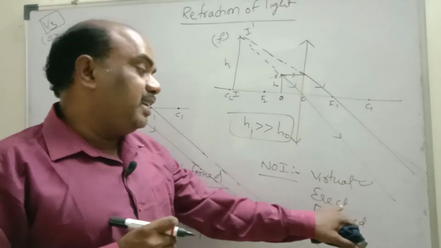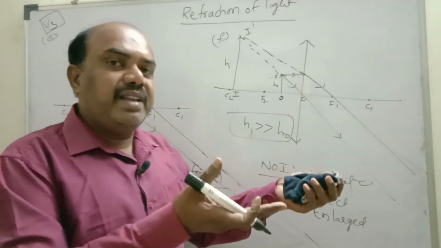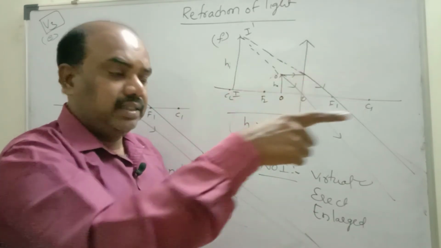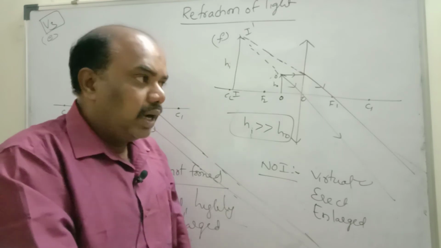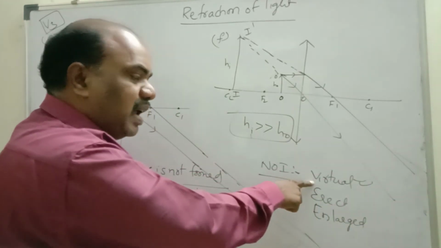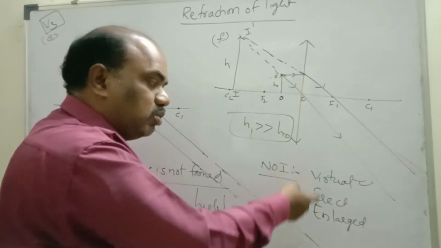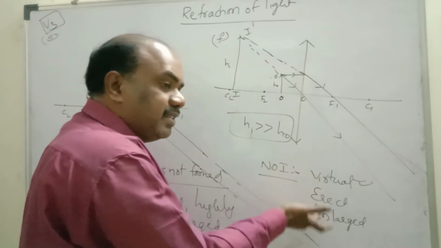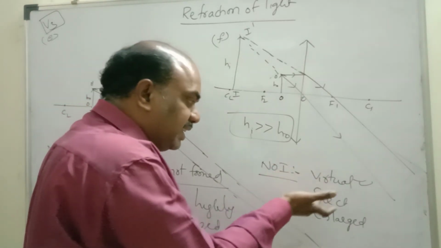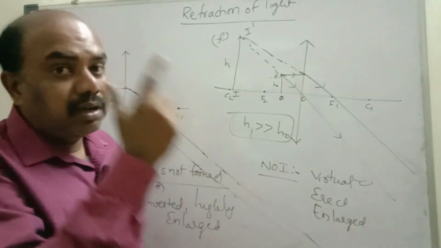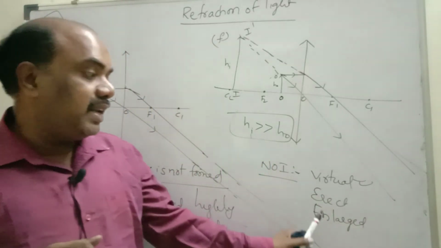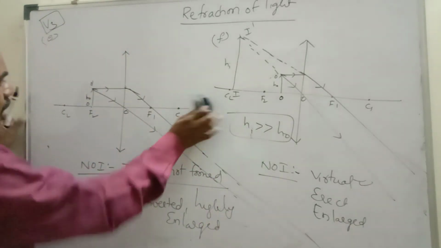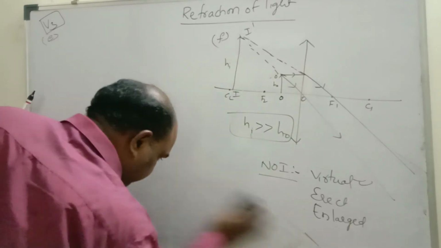The basic nature of a virtual image is erect. If you see your image in the plane mirror, your image will be erect, head to head. Your head and your image's head coincide. Your toes coincide with the image's toes. So it is virtual. A virtual image is always erect. A virtual erect image may be enlarged, diminished or the same size. In a plane mirror it is the same size. In a convex lens it is a virtual erect enlarged image. In a concave mirror also we get the same kind of image, virtual erect enlarged. Right, children, all these concepts we will see in one shot.